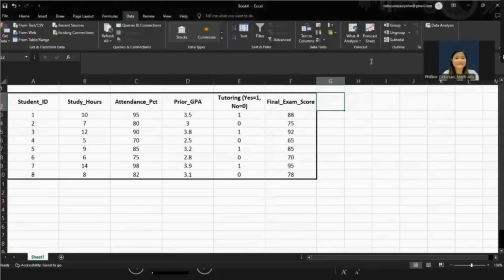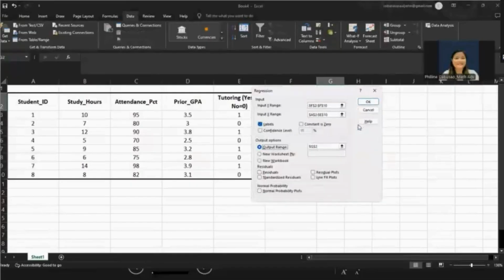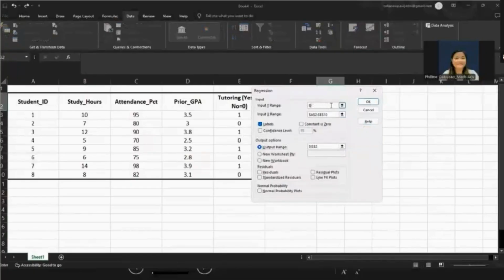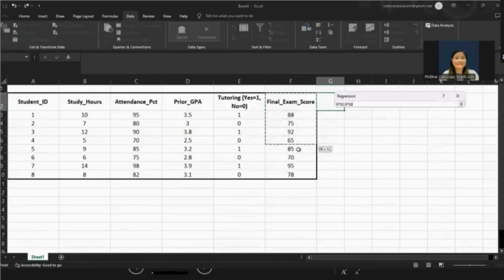Now, once that is done, you can already find Data Analysis in your interface. So let's click Data Analysis and let's choose Regression. Now, first you will identify the input Y range. So in this given data, our Y or the dependent variable is the final exam result.